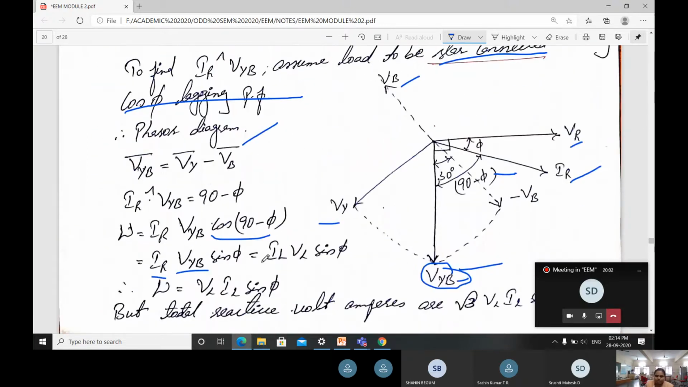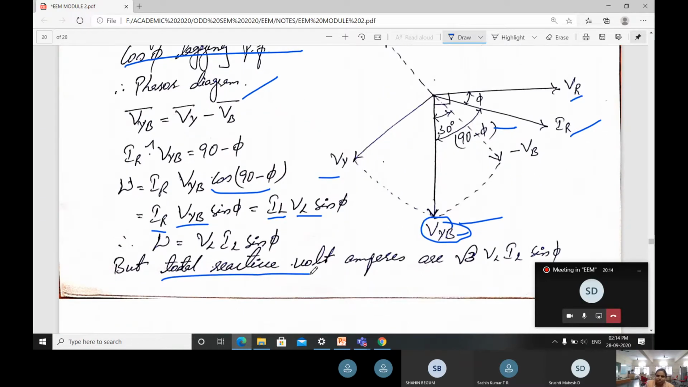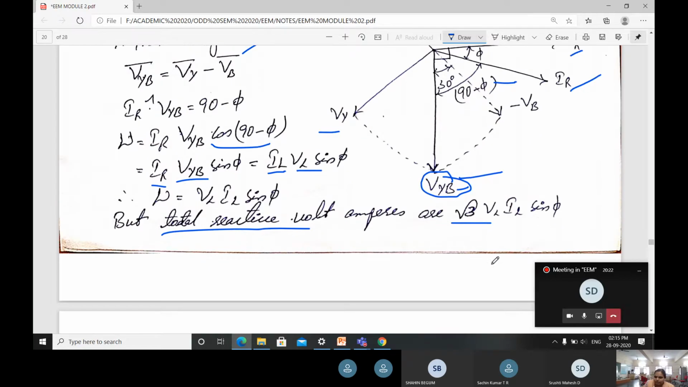Main supply only. For that reason, I am writing here as IL VL sin phi. So what I can write is W equals VL IL sin phi. But the total reactive volt amperes, as you learnt, are going to be represented by root 3 VL IL sin phi. If I multiply both sides by root 3 here,